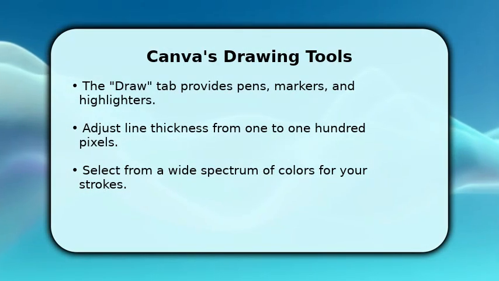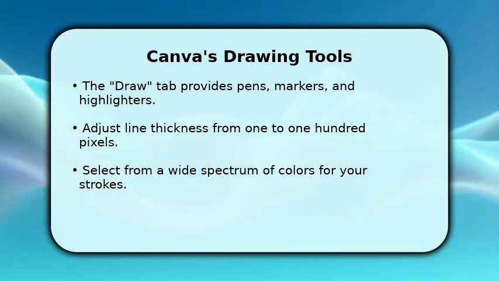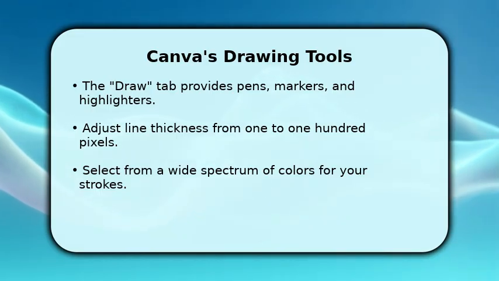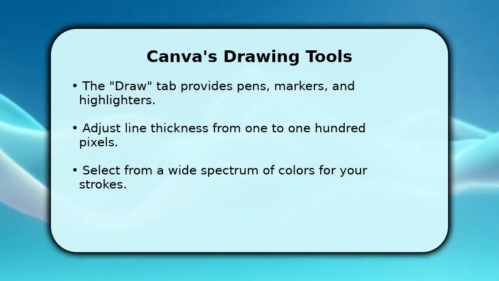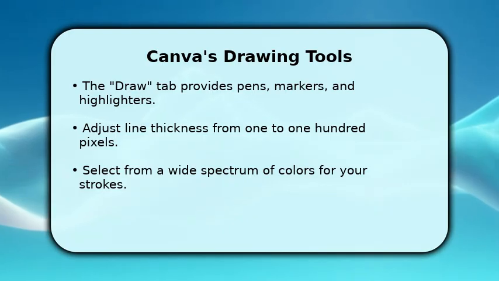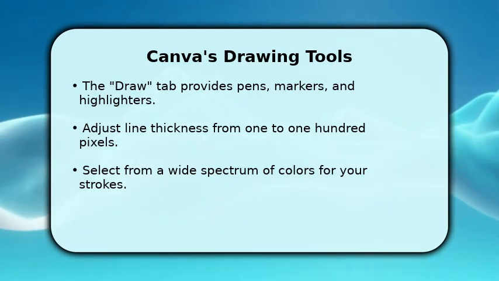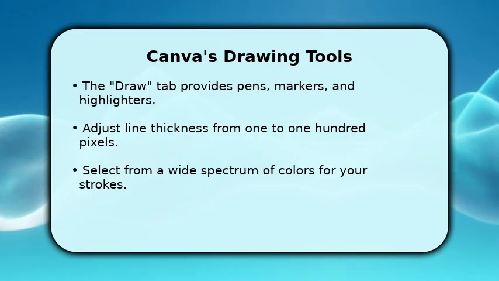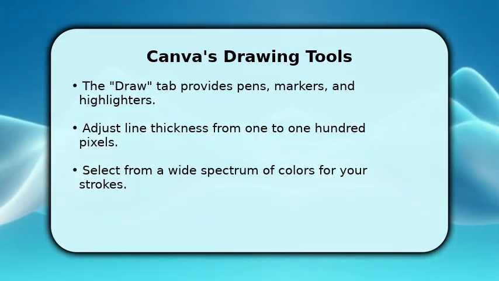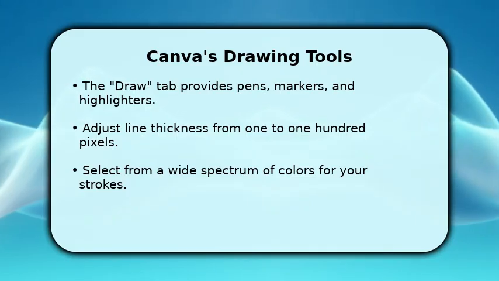Let's dive into Canva's essential drawing tools. You will find the dedicated Draw tab on the left-hand panel, offering a variety of instruments like pens, markers, and even highlighters. Each tool allows for different artistic expressions. You can easily customize your strokes by adjusting the line thickness, ranging from a fine 1 pixel to a bold 100 pixels. Plus, a vast color palette is available, letting you choose the perfect hue for every detail of your